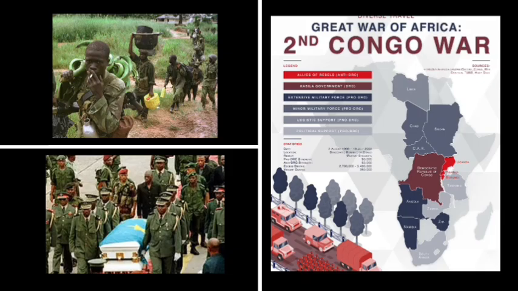And this bottom picture here, this coffin is actually Laurent Kabila, and the guy in the black is his son, Joseph Kabila. Laurent Kabila was assassinated during the Second War by a bodyguard. Many people think that his son was the one that authorized the bodyguard to kill him, but that's just a conspiracy. Joseph Kabila, the man pictured in black behind the coffin, ended up being the next president of the Democratic Republic of Congo.